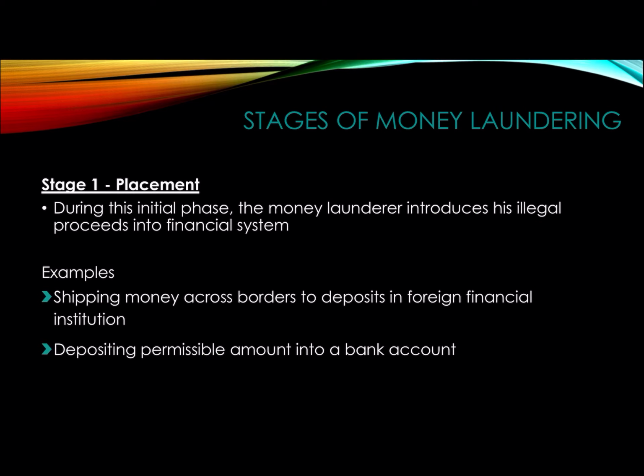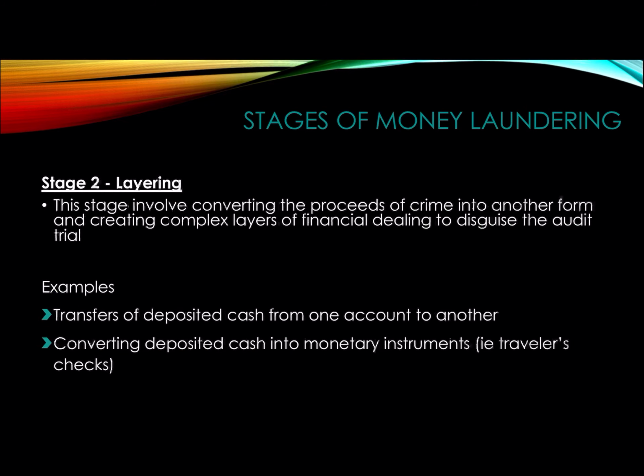Now, once the money is introduced in the system, then he moves on to stage two, which is layering. This stage involves converting the proceeds of crime into another form and creating complex layers of financial dealings to disguise the audit trail. So some of the examples are transfers of deposited cash from one account to another, converting deposited cash